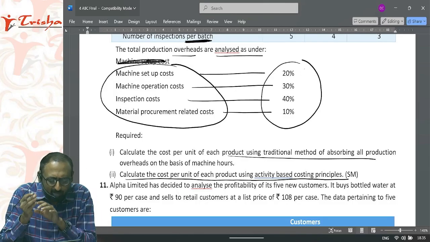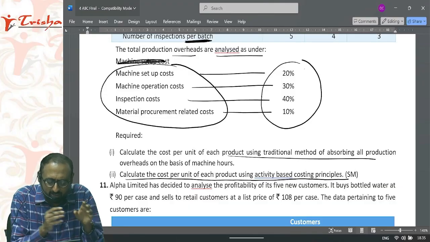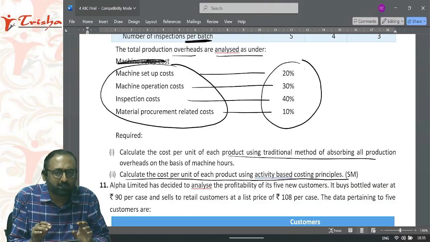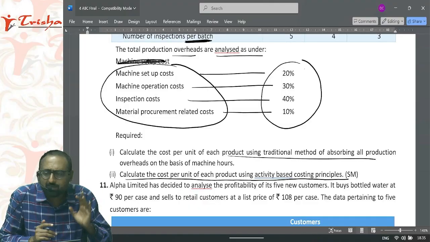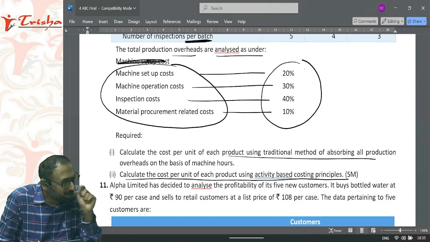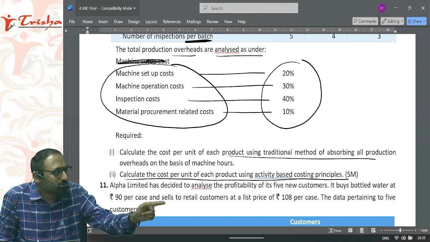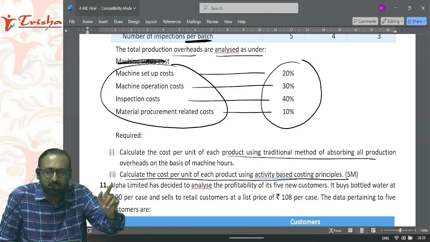Of the total overhead, 20% is machine setup, 30% is machine operation, 40% is machine inspection. Material procurement will be 10%. But sir, how can I calculate total overhead? If you remember my very important observation, total overhead under the traditional method of costing and ABC should be